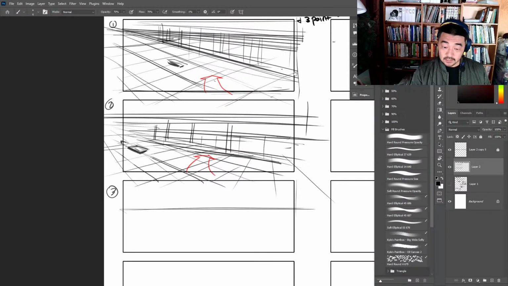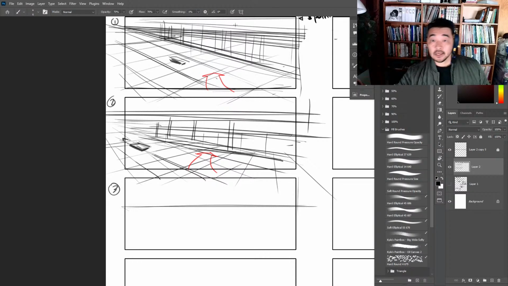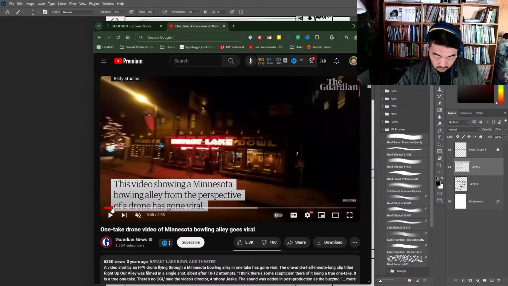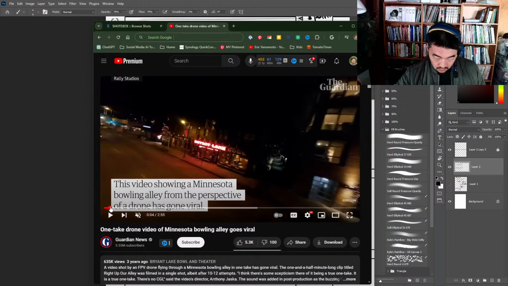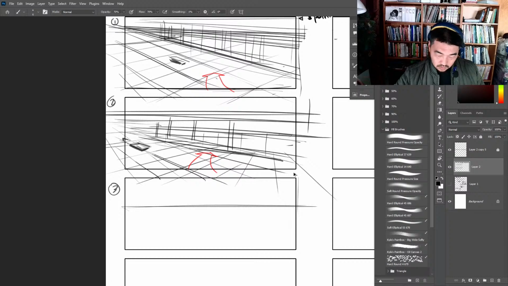Yes, I am slowly lowering the horizon because if you take a look at this right here, I'm taking this, let's start with this shot.